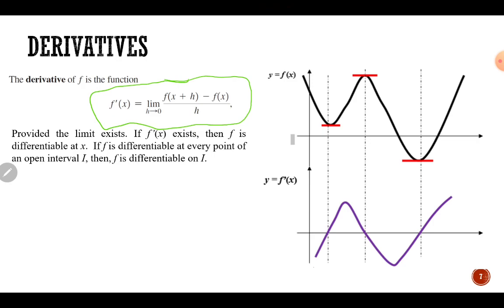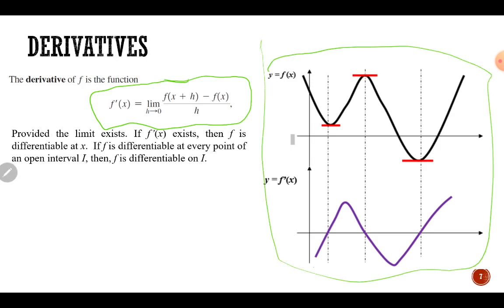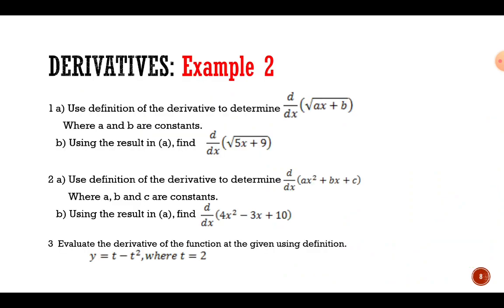Sebelum ni example 1 kita just cari the slope of the tangent line. Macam tu we get a value kan. Kita dapat 5 ke berapa, what is the value lah. Okay, dan tadi the second part of the video saya explain about this curve. Maknanya how to find the derivative dengan cara graph, from graphical approach. Alright, so sekarang ni we're gonna discuss through example how to find the derivative by using the definition